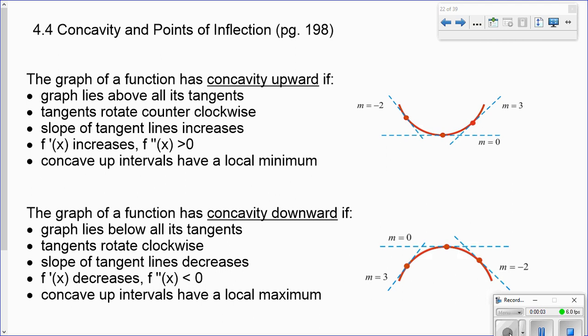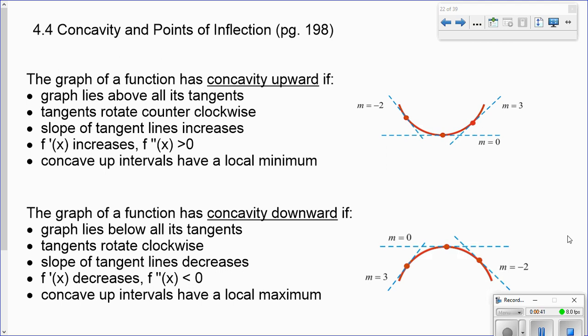Okay, section 4.4 in the textbook starts with the definitions of concavity and the fact that certain functions can have a concave up and a concave down feel to it. Concavity is a science term, so some of you might be very familiar with the concept here. When we talk about concavity, we also talk about the point in between the two areas of concavity, this being a turning point, or commonly called a point of inflection. That's a discussion in 4.4, and we'll work through a couple of examples after we talk